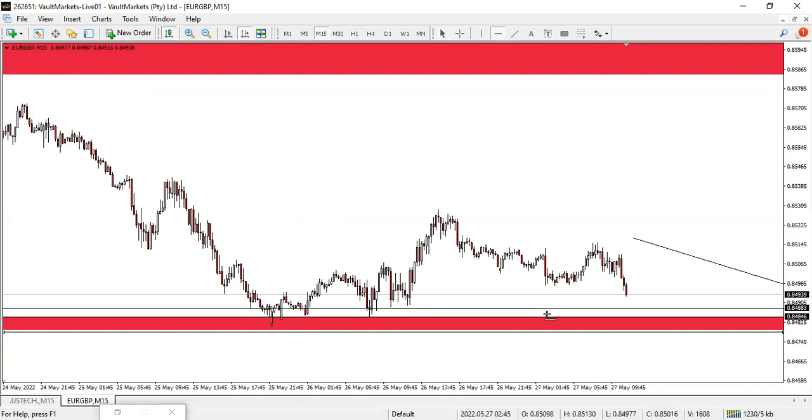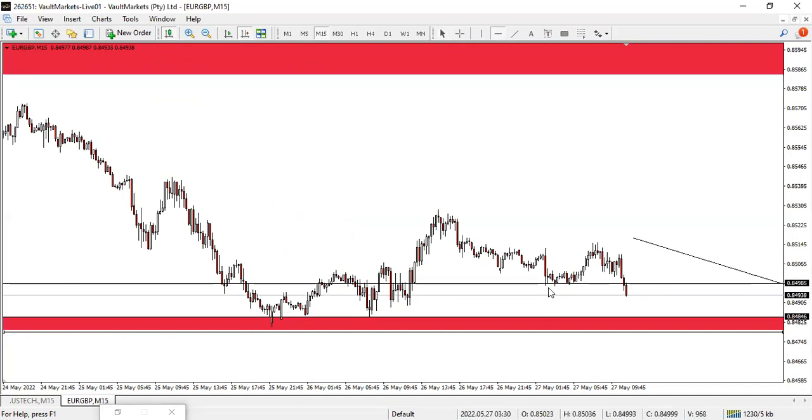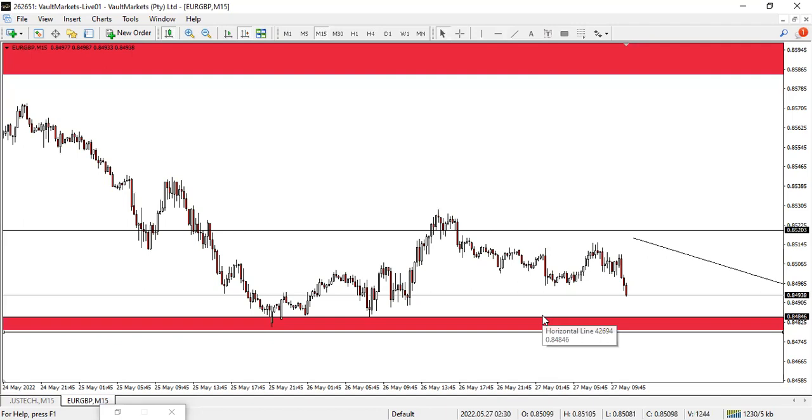In fact, this is not the expected break. We expect a bearish break, so it's 0.84795. We expect a break below this, and then after that break, expect a retest, and then it will drop again. So in the meantime, I see that